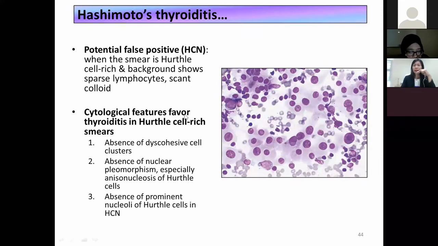So this entity causes problems when we aspirate and we only get the Hurthle cell rich areas, and the smear background actually shows very scanty lymphocytes. So it actually poses us a diagnostic dilemma when this happens. Some tips to favor thyroiditis over HCN, Hurthle cell neoplasia: when you see absence of discohesive cells, absence of nuclear pleomorphism and absence of prominent nucleolus of Hurthle cells, more favor